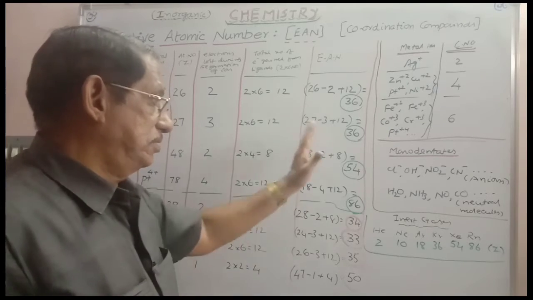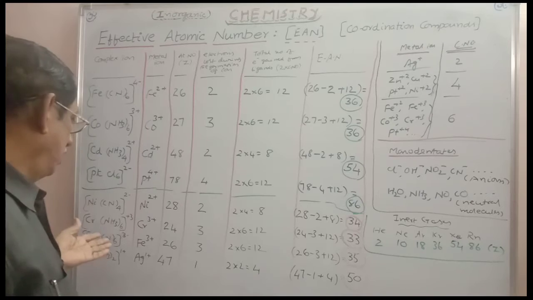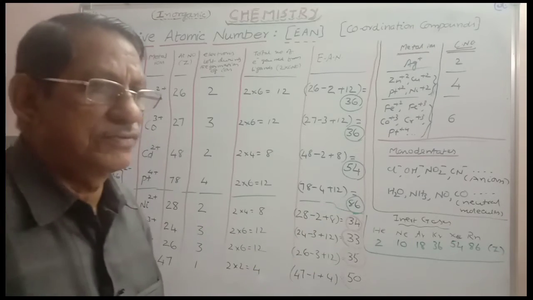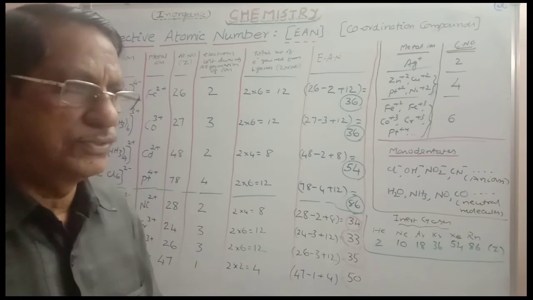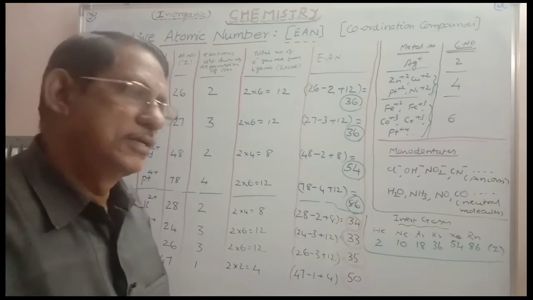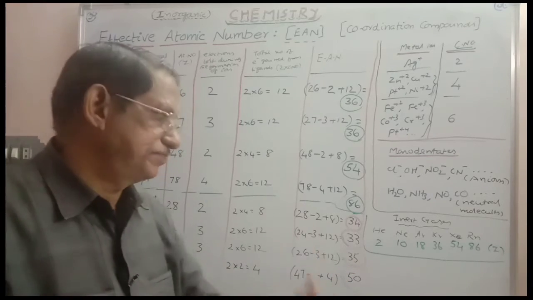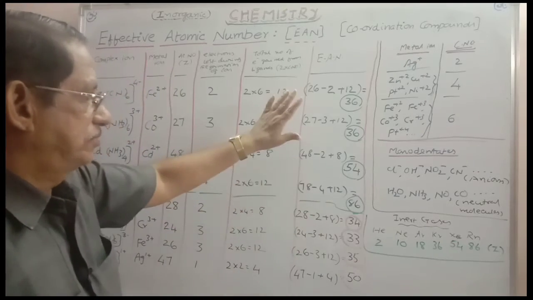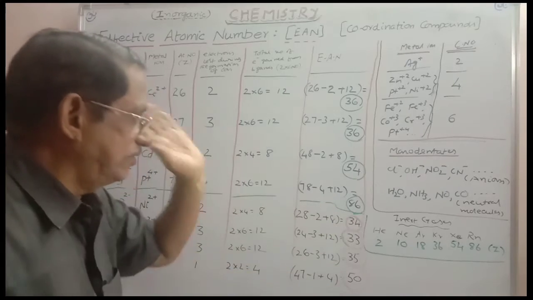Though it is successful in some other cases, some other ions, it is not able to explain why they are able to receive the electrons. They are not attaining the inert gas configuration. In this way, the effective atomic number rule, that means Sidgwick theory, is a failure in some cases. Okay, that is the defect, failure, limitation, etc. You can take it as a defect. So these are the important concepts. This is applicable; for this, it is not applicable. This becomes a defect here.